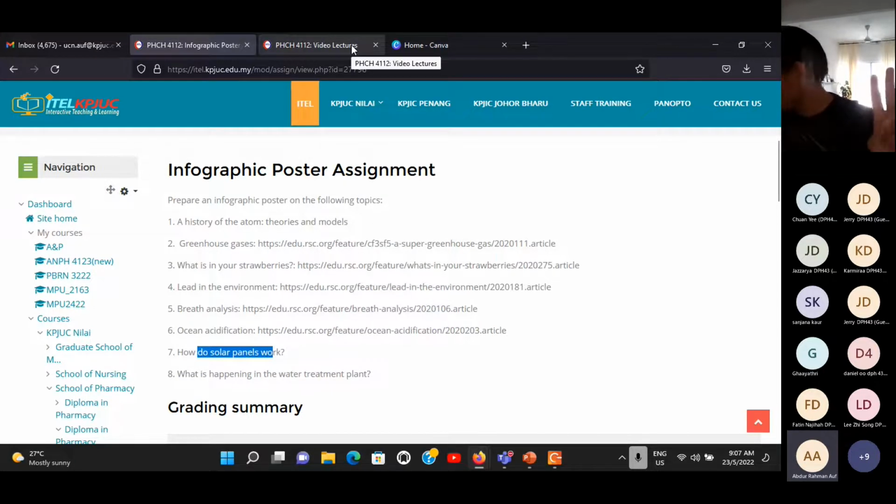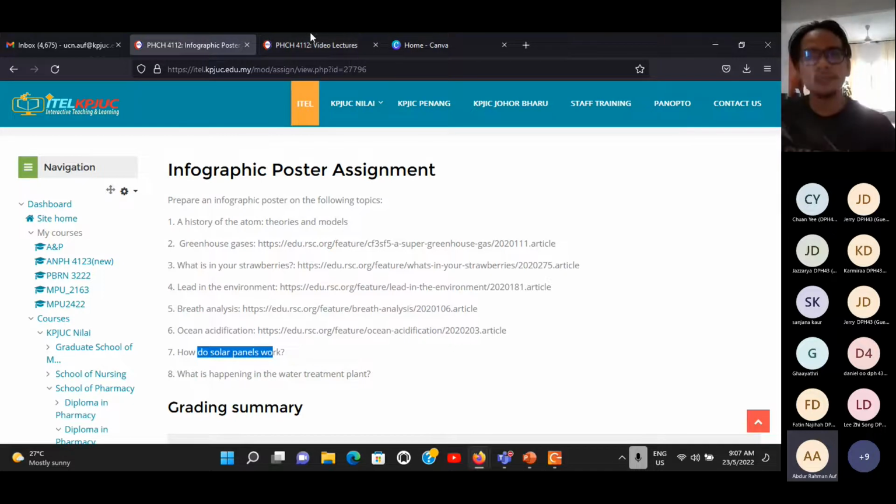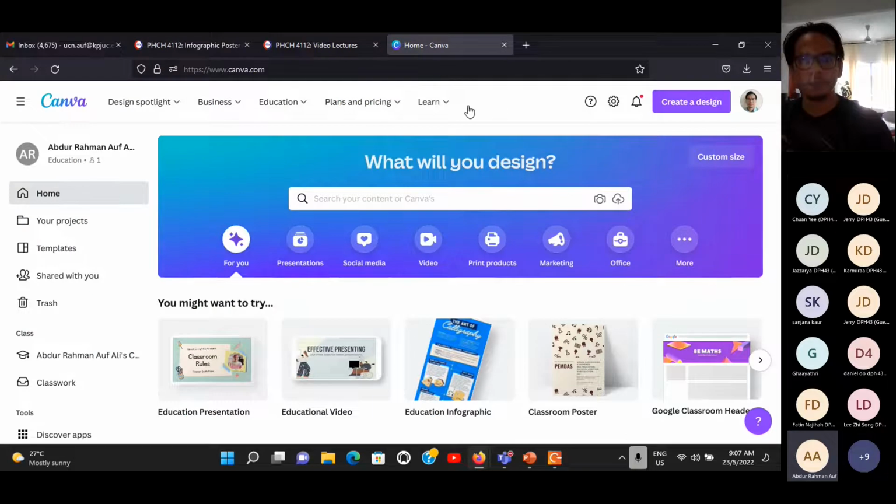Second topic, saya nak kamu boleh buat the infographic using any app yang kamu nak, but saya nak recommend kamu guna Canva. So Canva, kalau kamu tak pernah dengar,